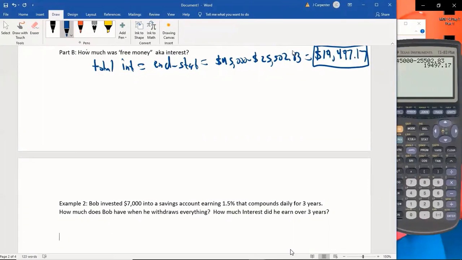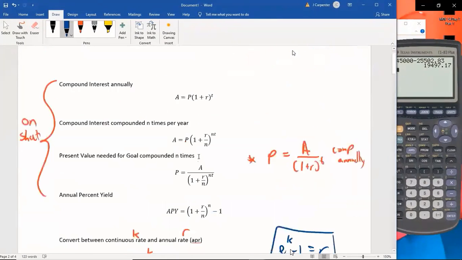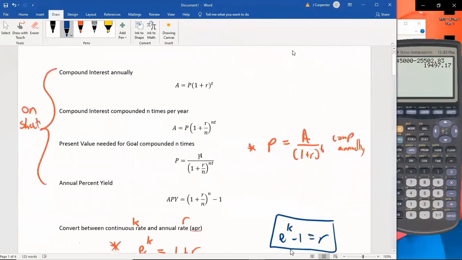So this 7,000, that's how much he invested. So that's the start. That's the P. 1.5 is the R, and if that decimal goes left twice, it is 0.015. It compounds daily, so that means the N is 365. And then 3 years, that means the T is 3. So our starting value, our interest rate, our compounding interval per year, and our time are all laid out. If we have P, R, N, and T, going back to our formulas,